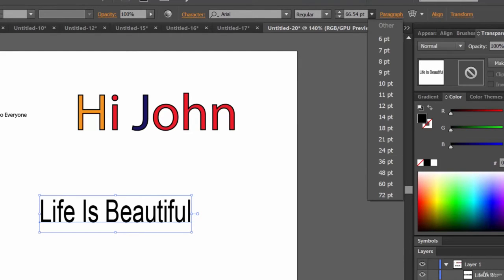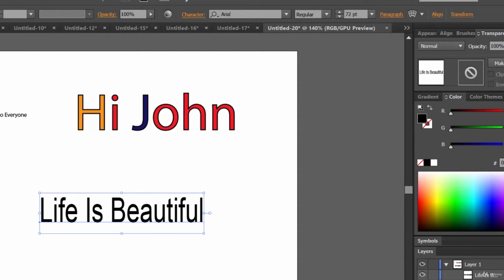it controls the size, but you can see that the highest is 72, but it's not the limit. You can even write here manually. Let's say 152. And after you have written some number here, you just need to select somewhere else other than here.